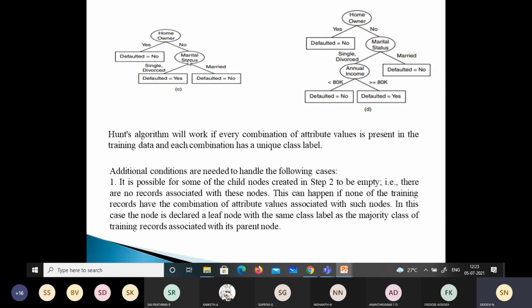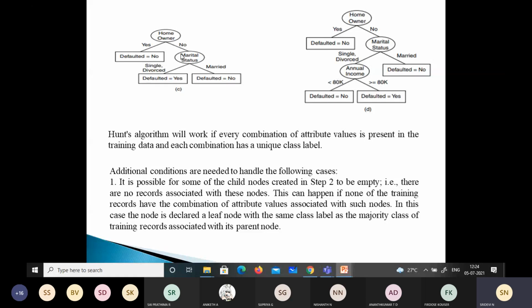So marital status we have taken, and here we have just taken single and divorced to one side and married on the other side. Again, all these questions will be answered in the further sections: why we have chosen to group single and divorced together, why not married? We have entropy, Gini values and all that we'll calculate. Depending on that only, we will choose the attribute to test for the condition. Okay, for now, to make it simple, we have selected the second attribute.